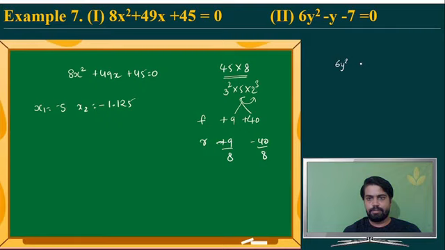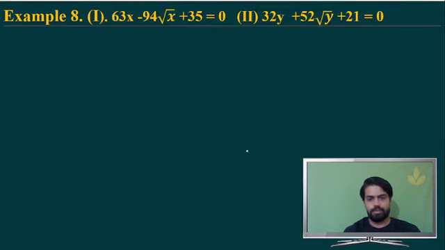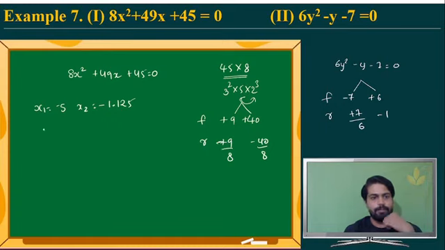6y square minus y minus 7 equal to 0, and I can see the factors here itself, minus 7 and plus 1 plus 6, that itself is the factors. So what are the roots? Roots are going to be plus 7 by 6 and minus 1. So I can see y1 as minus 1 and y2 as, it's a plus sign, right? So it's plus